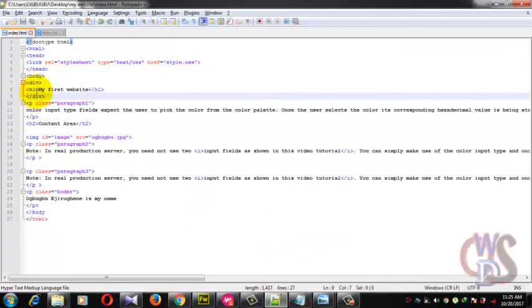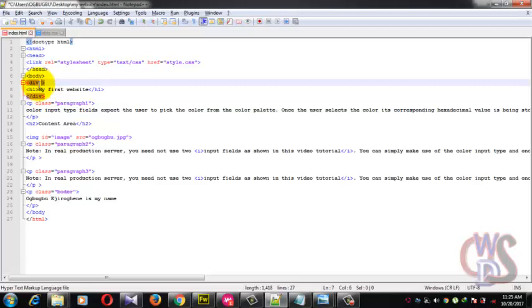Instead of styling h1, if we decide to give it a div ID, for instance, equal to h1, save it and refresh,